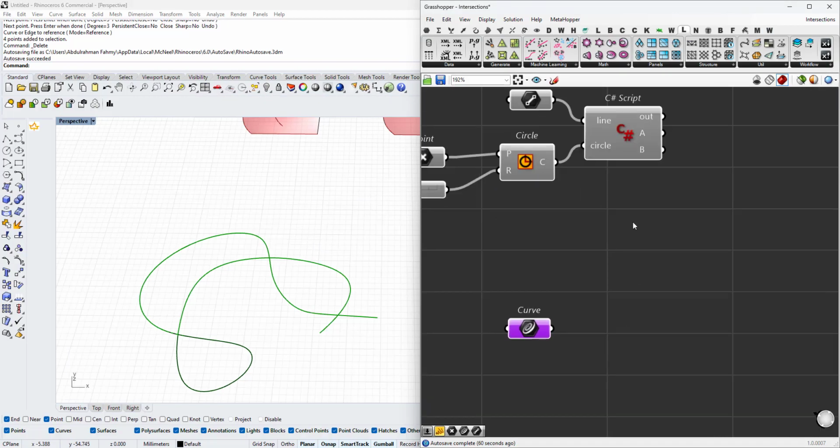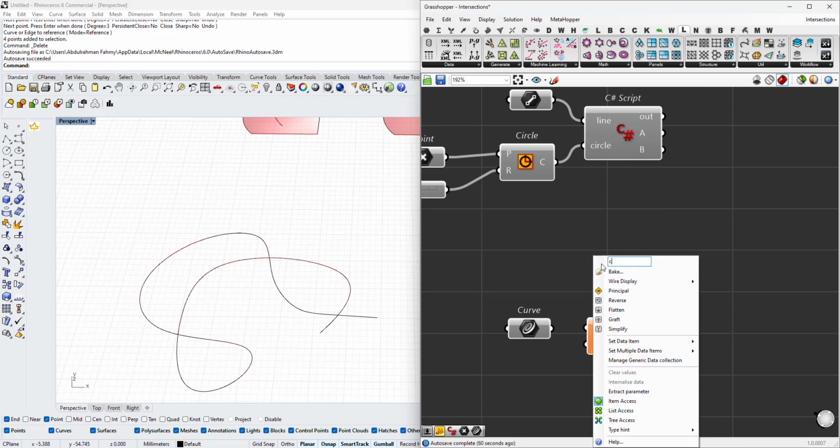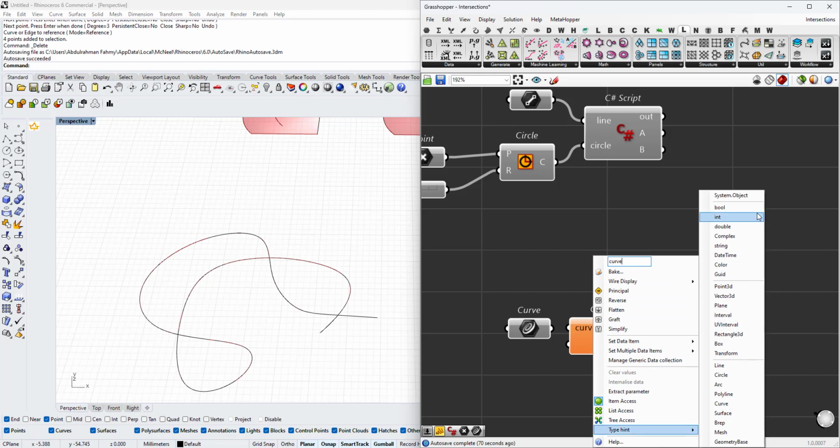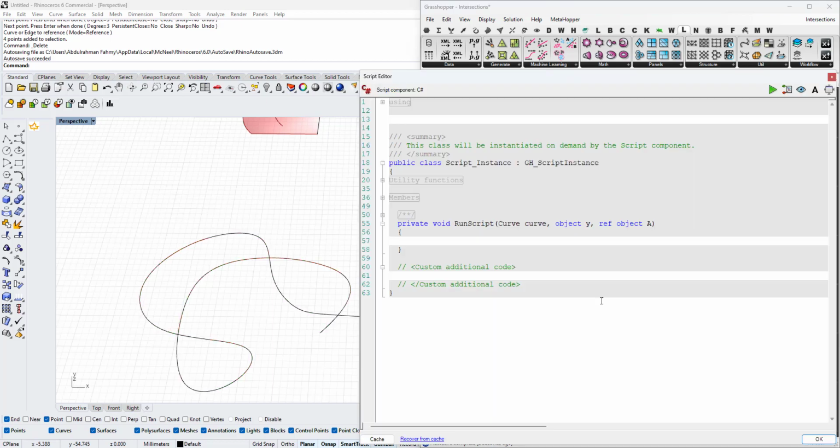Let's first make our component here. Let's call the input curve and make sure that it has a curve type. So we have this curve here, and let's try and do this. We'll type rhino.geometry.intersect.intersection.curve self, and here we'll add our curve and the tolerance, which is 0.001. This method returns